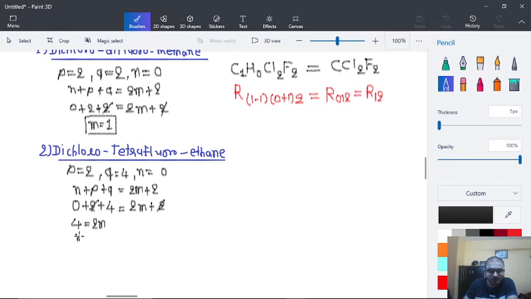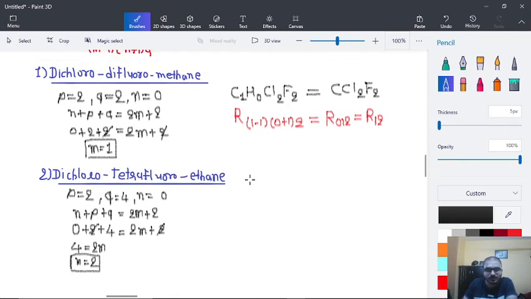So M is equal to 2. So here now we can write down this as C2 H0 Cl2 F4. So we can further write down this as C2Cl2F4,